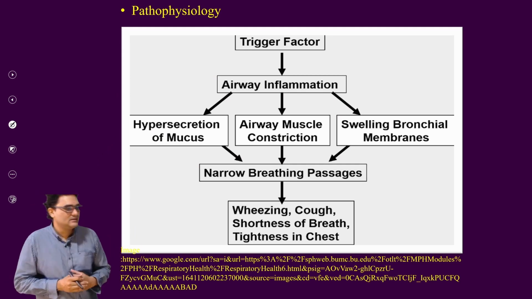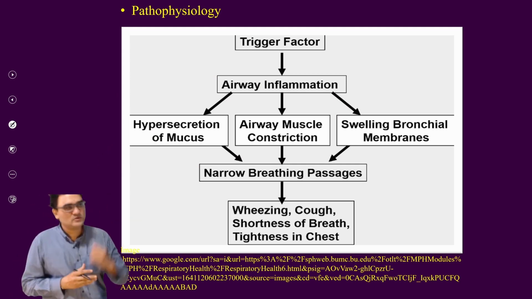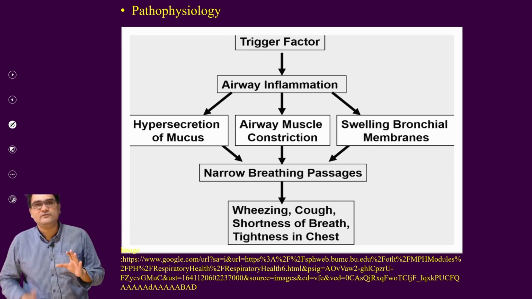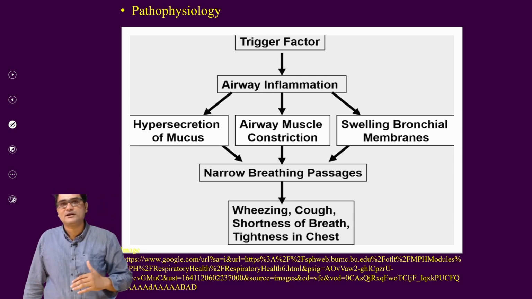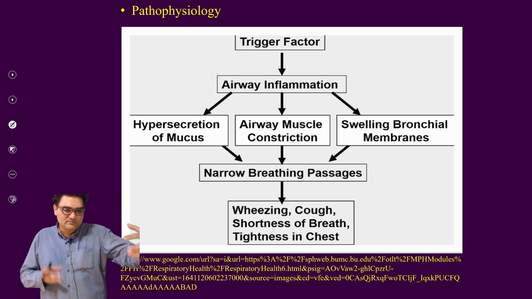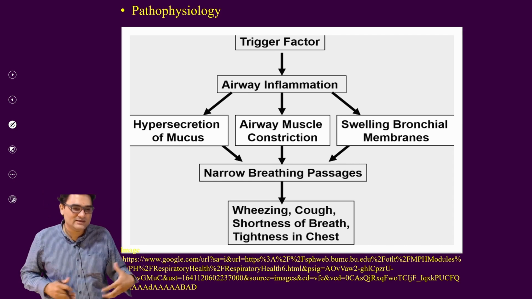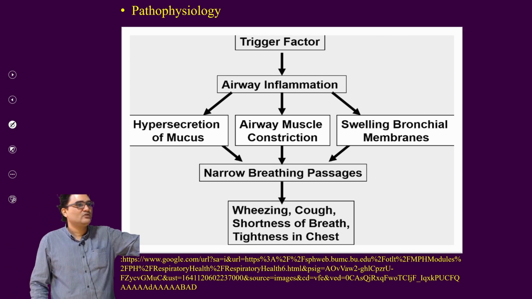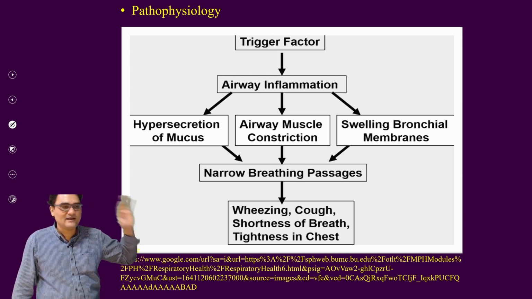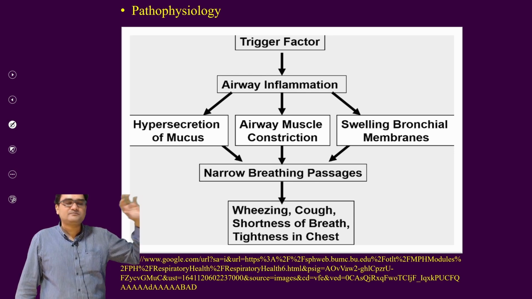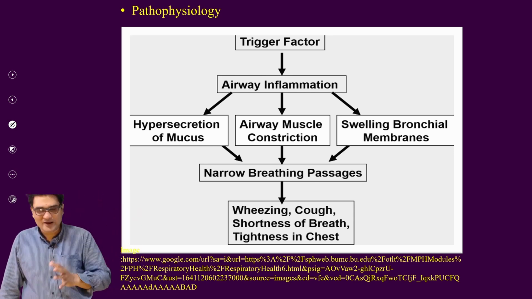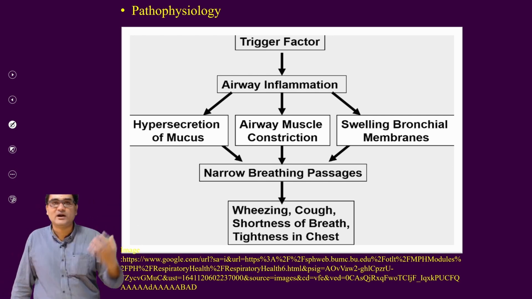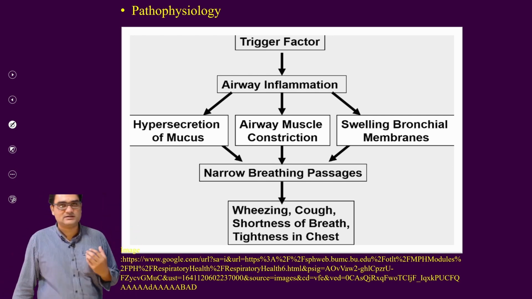So first thing is, we'll try to understand the pathophysiology. So if you understand the pathophysiology, you can guess the group of drugs. So there is no need of memorizing the drugs. Classified drugs used in bronchial asthma, if you see the textbook, there are many categories of drugs. Memorizing them first is complicated; one of the easiest methods is to understand the pathophysiology. If you understand it, you can guess the group of drugs. Drugs you have to remember, yes, but at least you can guess the group of drugs. It becomes easier for you to remember the drugs if you start like this.